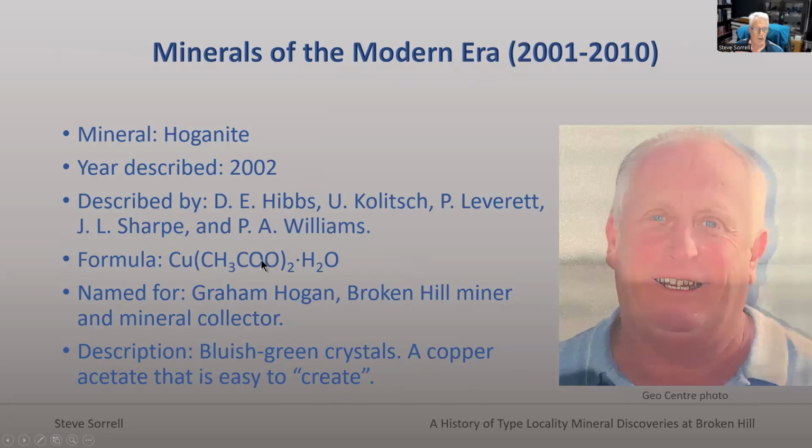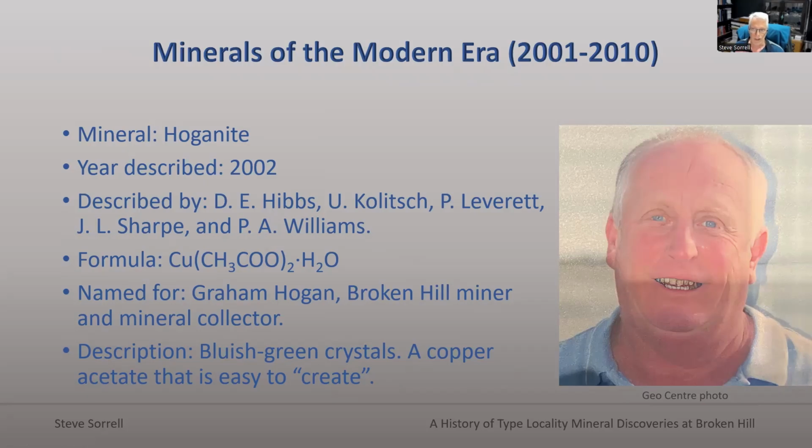Then we have a couple of unusual ones, a couple of copper acetate minerals. The first one of those is hoganite, named after Graham Hogan. And this one is bluish green crystals, and it's a copper acetate that is easy to create. So if you see hoganite specimens for sale and they say that they are naturally occurring, doubt it, because the vast majority of them are not naturally occurring. Beautiful mineral,